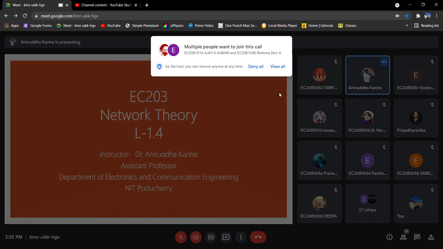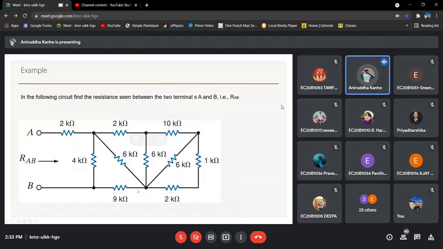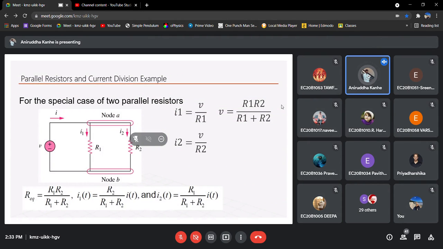So let us see what we have discussed in the previous lecture. We started with series and parallel connections, and then we took an example in which we considered the current division rule. For the current division rule, I gave one shortcut: if the total current is I, and it is divided into two branches with resistances R1 and R2,